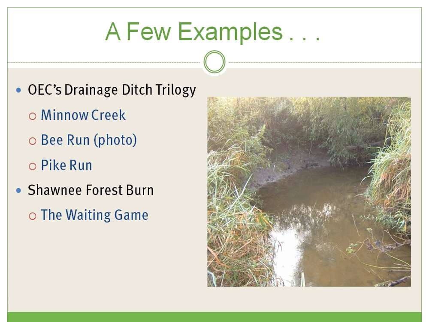As you see here, the three: Minnow Creek, which is up in Sandusky near the Sandusky River, Bee Run in Marion County, which that picture is of, which drains into the Olentangy River, and then Pike Run in Allen County, which I believe flows into the Ottawa River. So we filed these three verified complaints, with these projects alleging that they needed to have permits from Ohio EPA before constructing such a large and possibly detrimental project.